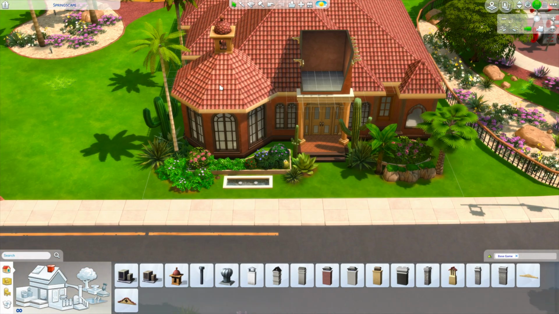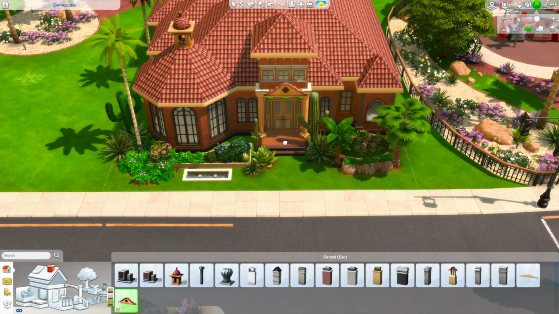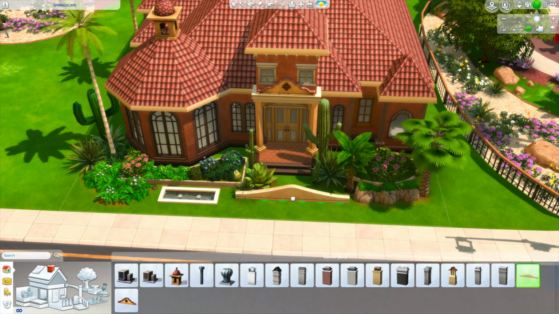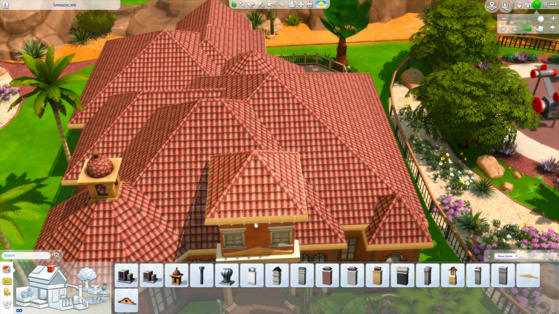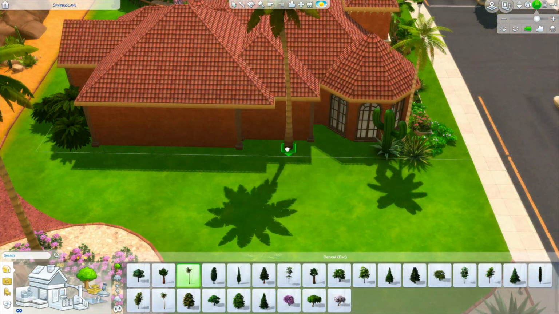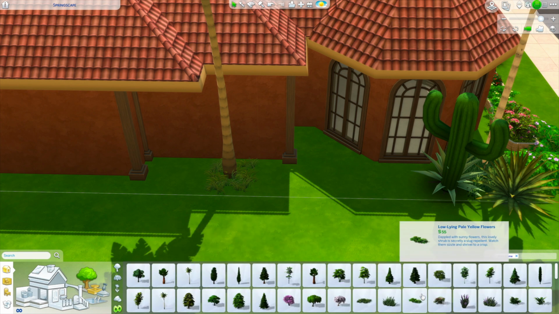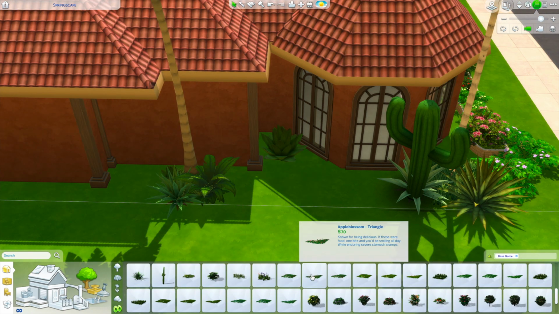Another thing I really enjoyed about doing base game only is looking at how things like the fences and the lighting and stuff has changed. I used the new fence that came out, and I thought I wouldn't like it. I thought it was a little bit too industrial for what I had in mind, but it does look really good. I also enjoyed mixing these two wallpapers. I think it gives the house a little bit more